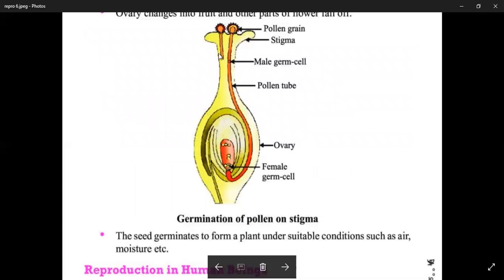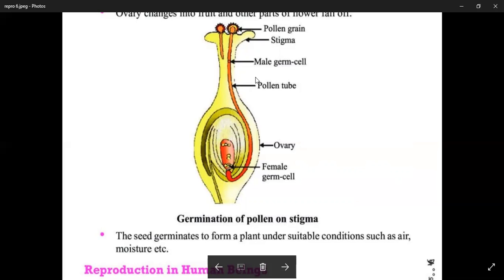This is the structure showing germination of pollen on the stigma. So this is the pollen grain. This pollen grain has two layers, the outer exine, which is made up of sporopollenin, the hardest chemical, and this is the intine. So this is the pollen tube, and this is the male gamete. The pollen tube enters through the style and reaches the ovule. So here one egg cell and two polar nuclei. One male gamete is fused with this female egg cell, and one male gamete is fused with these two polar nuclei. This is the structure of the ovule.